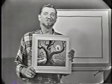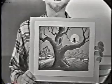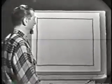Today we're going to draw this autumn moonlight scene. It's actually a portrait of an old hollow tree. Yes, somebody lives in it too. All right, what do you say we get our chalks and pencils going and see what we can do in